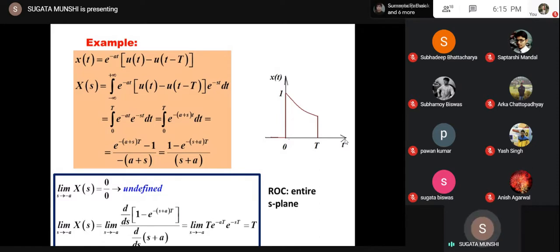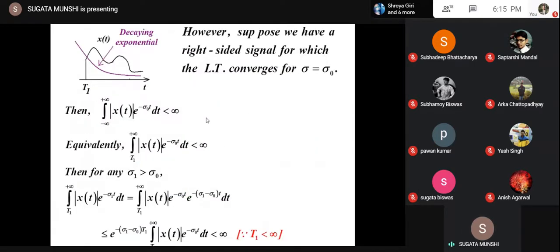So what is the Laplace transform of that signal? I have used the Laplace transform expression, started from the basic. Integration should extend from 0 to capital T, because prior to that, both of these step signals, they have 0 values, u(t) minus tau. It extends from 0 to t. So that is the expression. I put an equal to sign here by mistake.